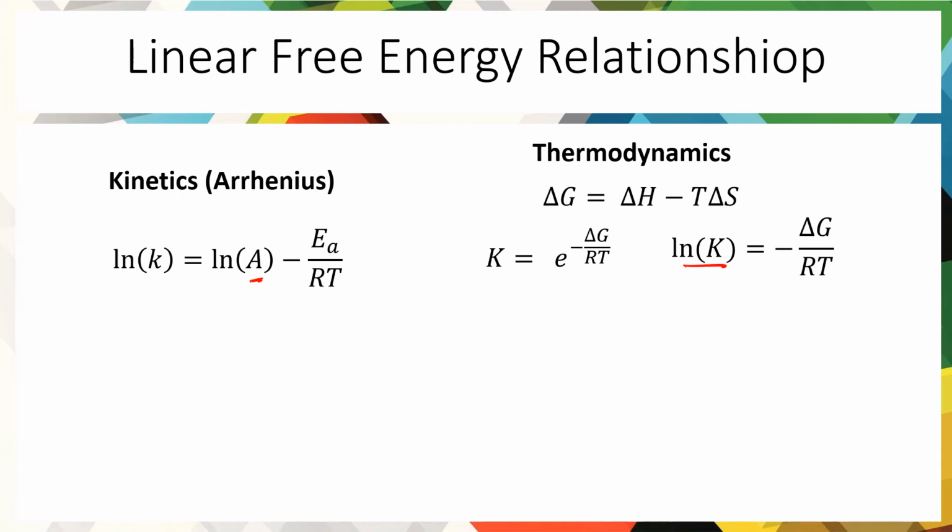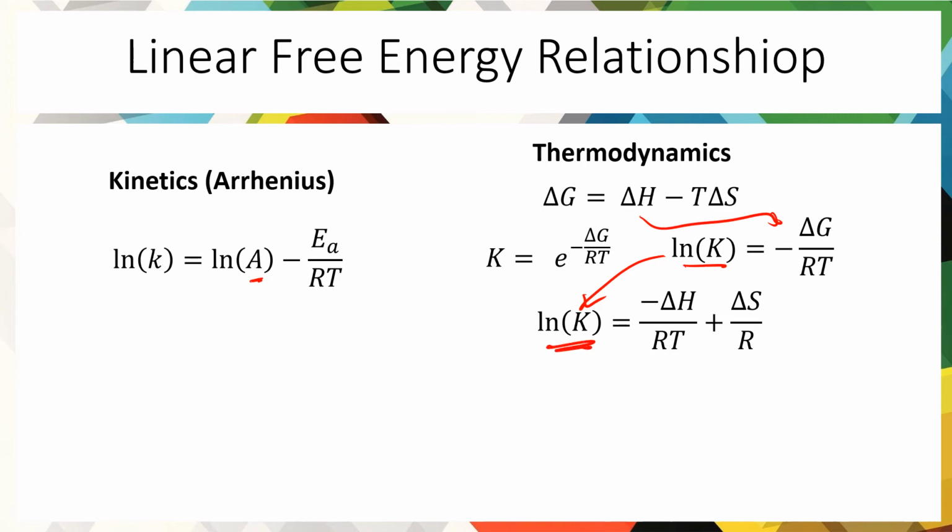So if we substitute in delta H minus T delta S into delta G, we end up with this equation. Okay, so this is that same equation. The natural log of the equilibrium constant is now equal to negative delta H over RT plus delta S over R. Okay, so we have to make some assumptions now to compare these two, but we're basically going to